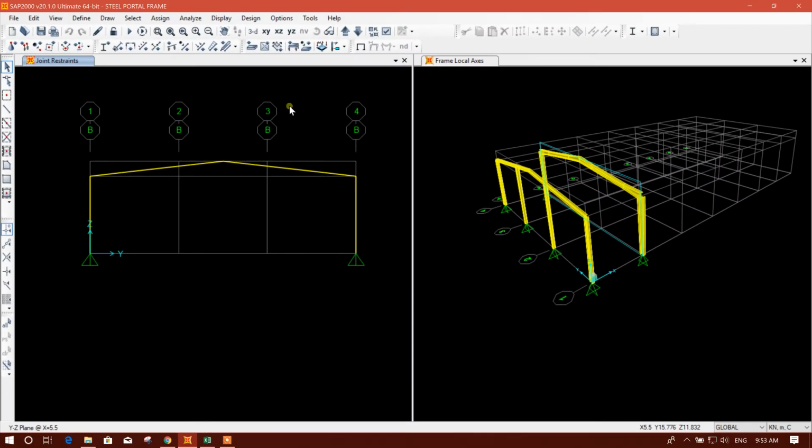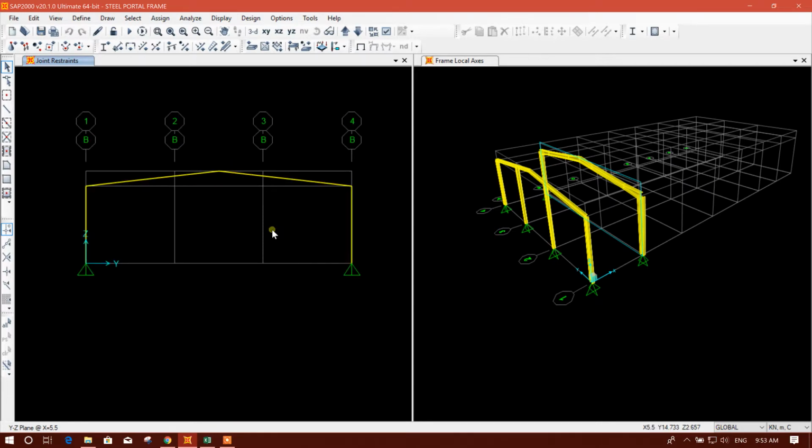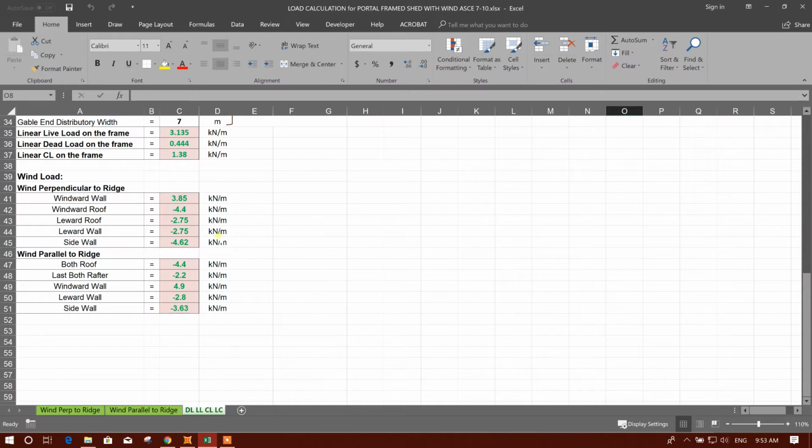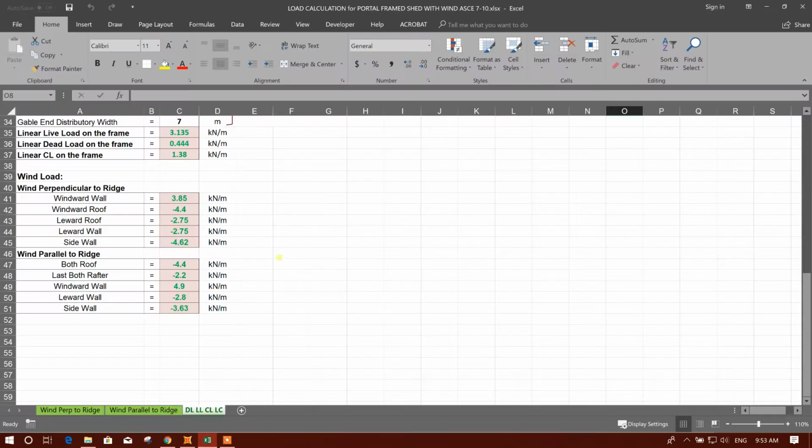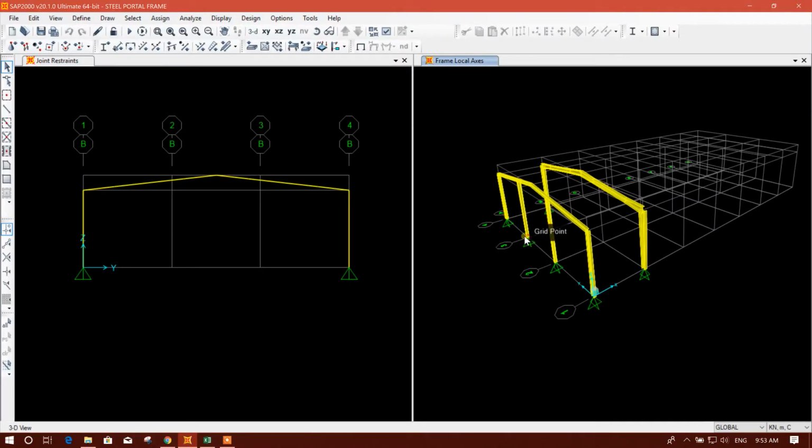Bismillahirrahmanirrahim. Dear viewers, now I am going to show how to apply the loads in 3D portal frame. In the previous tutorial, I showed how to calculate the loads, and we all know that wind load calculation is the most critical and sensitive issue in 3D portal frame design. So we have to understand the wind load calculation, and we have to understand the loads affecting the